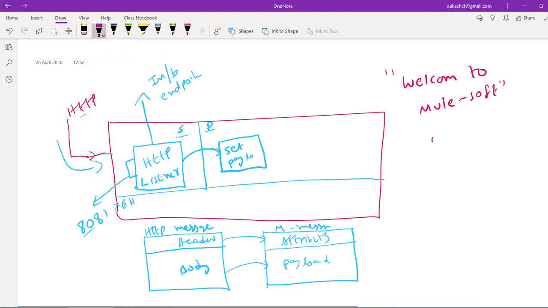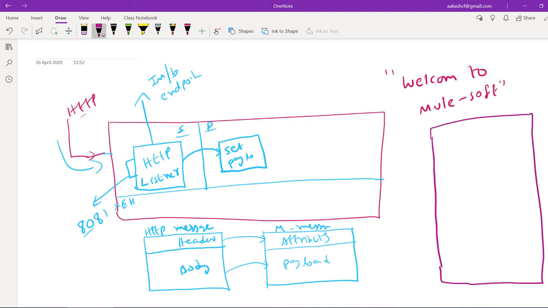Normally, it will create an event. What is an event? First of all, an event contains two parts. One is a Mule message and one is variables.